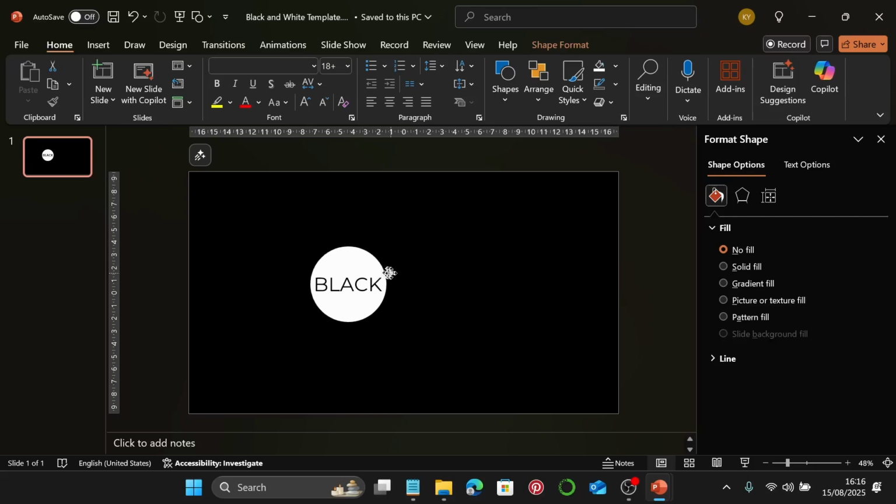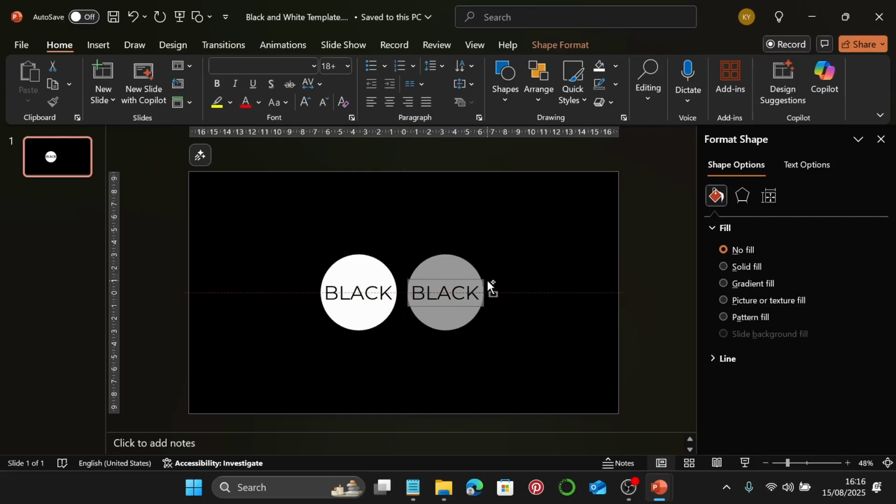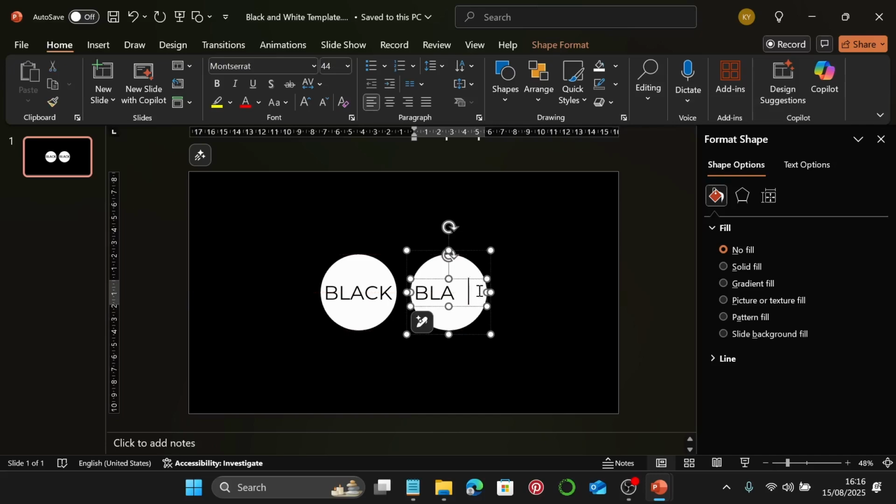Now I'm just going to move this around till I find the center and also the middle. Then I'm going to use my arrow key to just move it off the center, and then I'm going to create a copy using Ctrl and Shift to create a copy while keeping it aligned, so we can have a second version of this one. And I'm just going to make sure that their spacing is equal, and this one I'm going to change